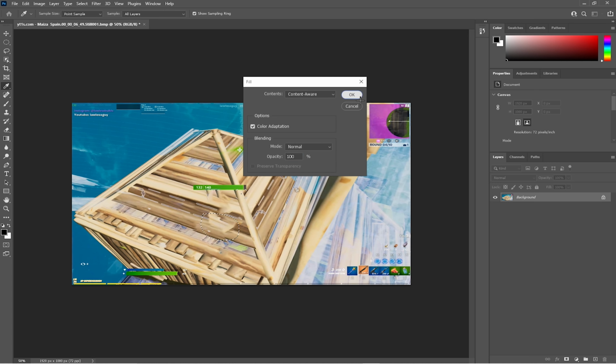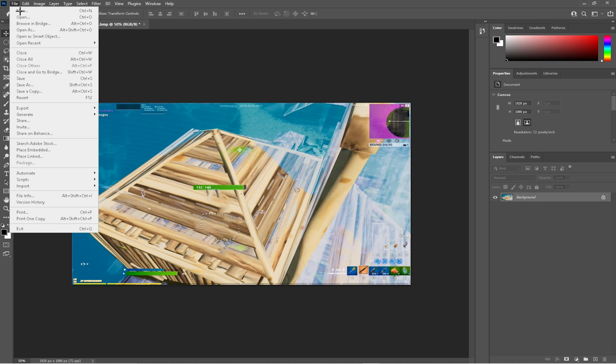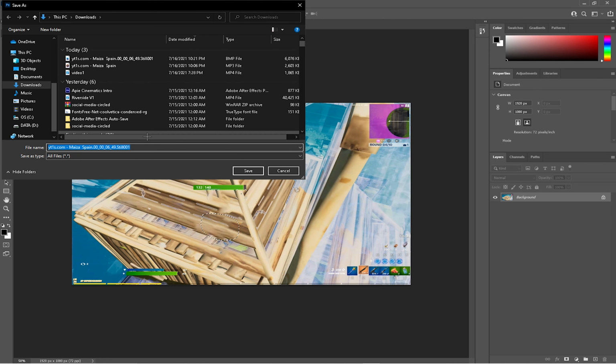So like that, it looks a lot nicer than before. Yeah, so make sure you tweak it so it looks nice, because you definitely don't want a weird looking image. So then you want to go to file, export, and quickly export as PNG, and then you can title it whatever you want. I'm just gonna title it Spain transition, or tutorial transition